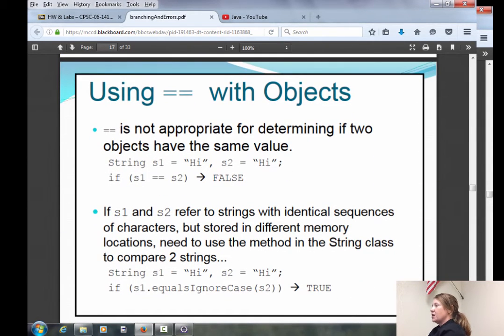We haven't gotten into objects a lot in here, but just note that if we had two strings in our program, you guys are familiar with strings. We wrote hello world. If we had a string type object, and we're going to get into more strings next week, but note that you don't use the equals operator with strings. You do use a method to check if two strings are equal. So to see if these two string objects were equal, you would use this method, and it would return true.